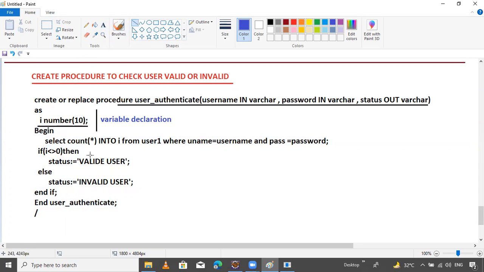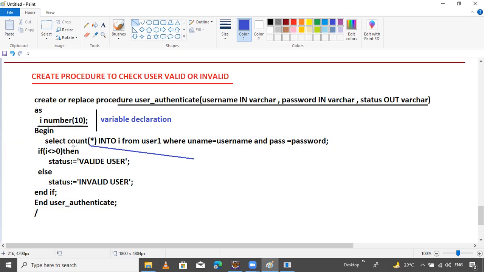Count is how many records there are inside the user one table. Then it will store inside the count. Then count gives the record to I. How many records are given to I?